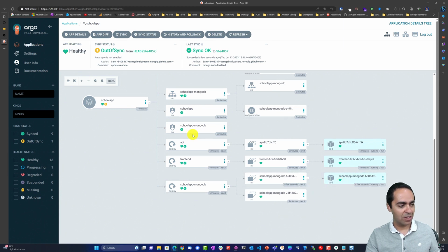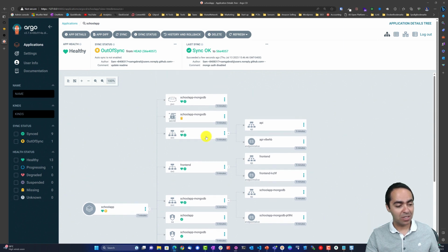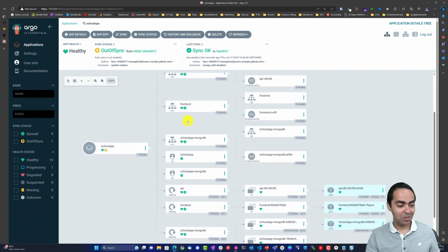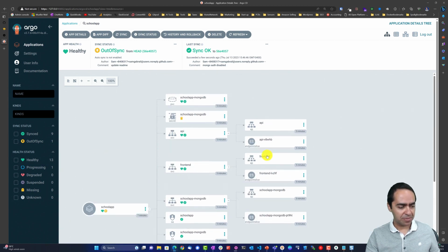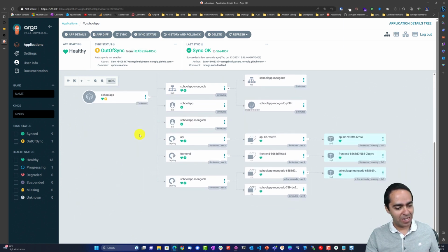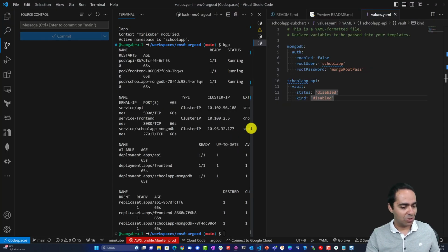it's showing healthy, however it's showing out of sync. And you can see that the school app MongoDB secret hasn't been deleted, and that's by design. What you can do is enable what we call auto sync. So far, auto sync is not enabled, right? So I'll show you how to enable that in just a second, but just know that this has been already synced. And if we go back here